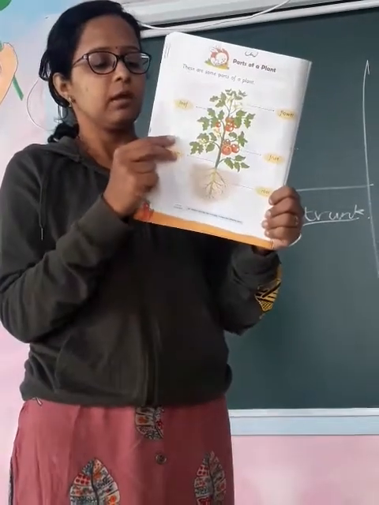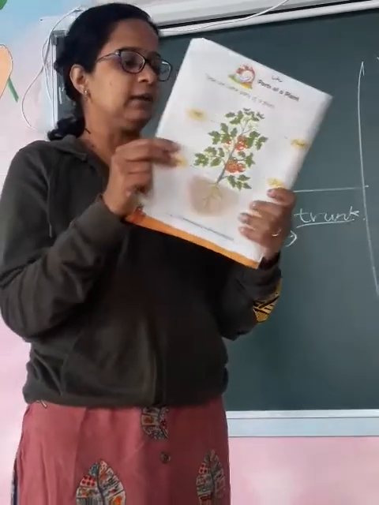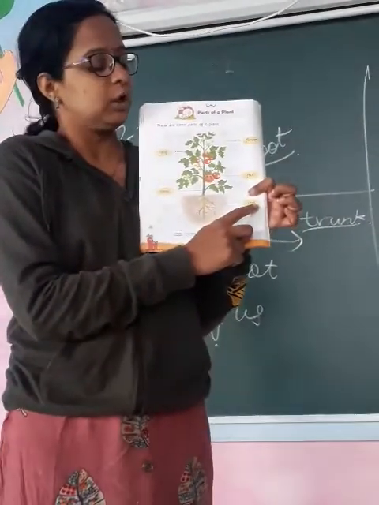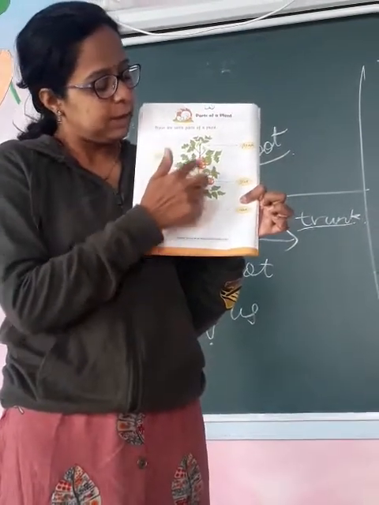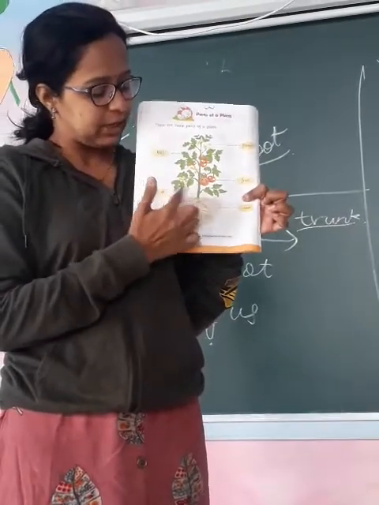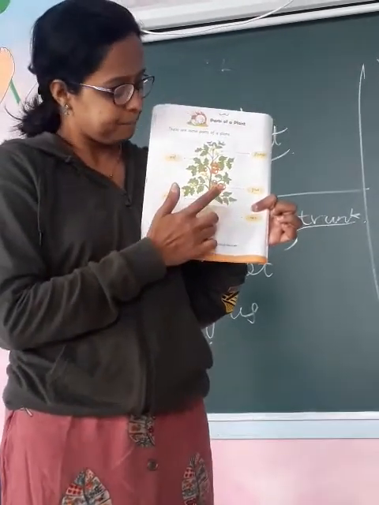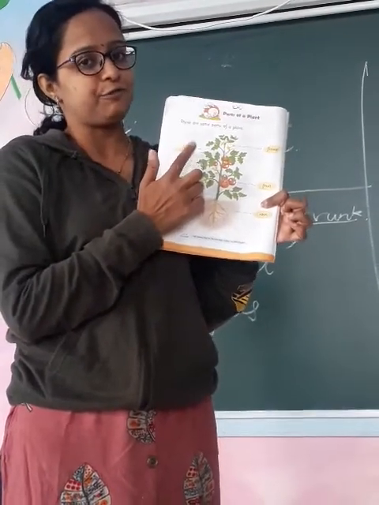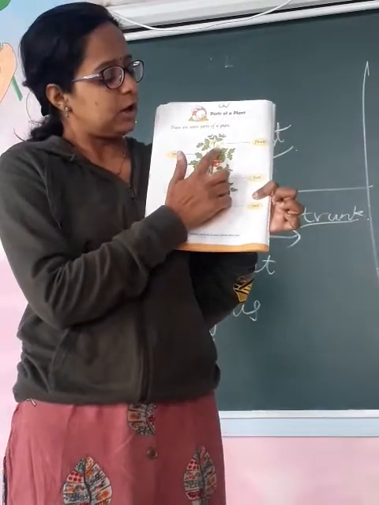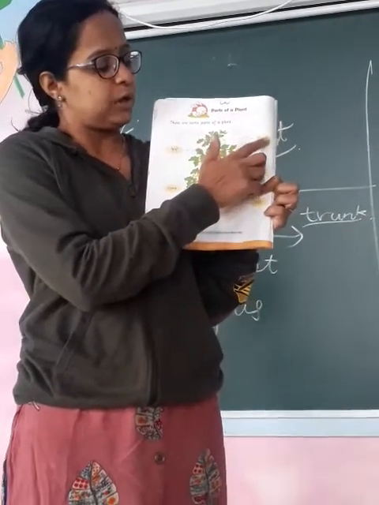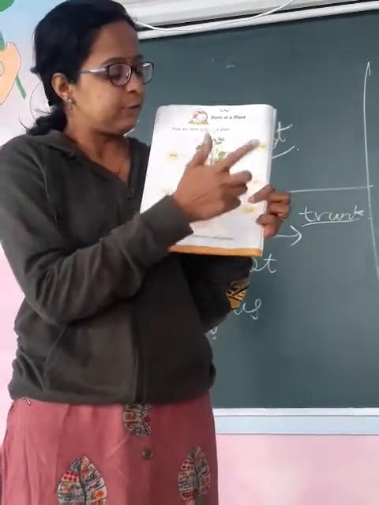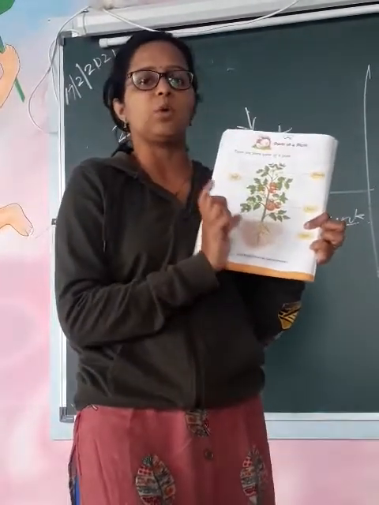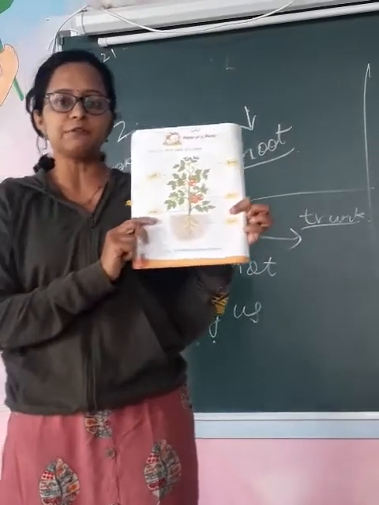Okay. We'll read out the parts of the plant again. The first one, the main one, is the ROOT, root. From the root you move on to the part of the plant which is standing straight, STEM, stem. Then from the stem what comes out? LEAF, leaf. After leaf what comes out to the stem? FLOWER, flower. Then from the flower what is grown? FRUIT, fruit or vegetable, whatever seed you have sowed.